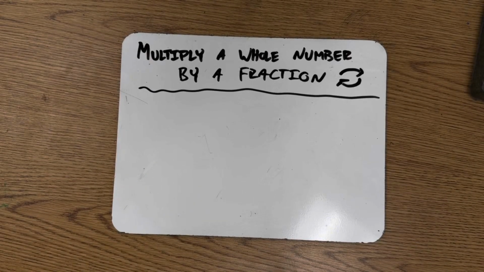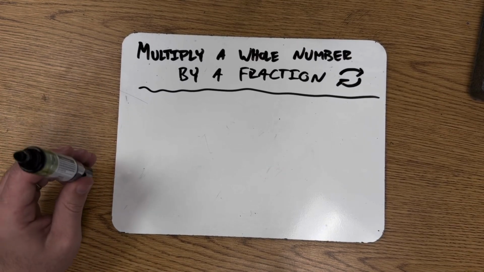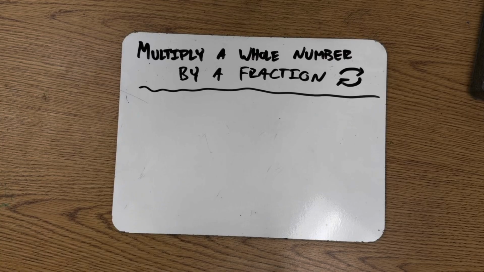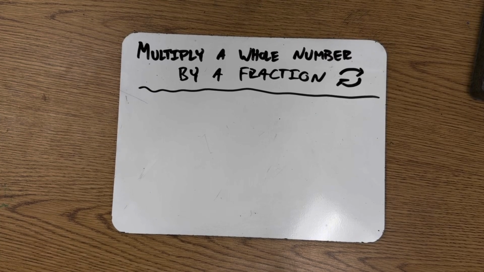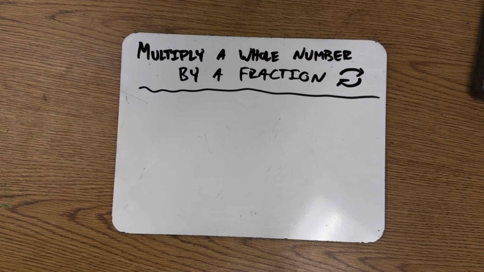Hello there everyone, Mr. Hall here, and today we are going to be working on learning how to multiply a whole number by a fraction and vice versa. How to multiply a fraction by a whole number, because really it's the exact same thing because of the commutative property of multiplication, okay? In fourth grade, multiplying a whole number by a fraction means that we are finding multiple